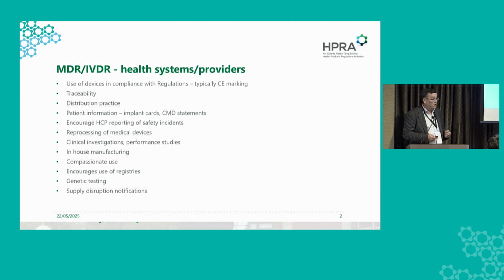There are also provisions around reprocessing of single-use medical devices, provisions around clinical investigations and performance studies of new medical devices, so effectively clinical trials or clinical research, provisions around in-house manufacturing, provisions around compassionate use of medical devices, so when a single patient needs a medical device on compassionate grounds. It also encourages things that are very useful, I suppose, to monitor the long-term safety of medical devices, so implementing registries and things like that. But again, that's one of the things that it's not a requirement, it's something that's encouraged at member state and at healthcare professional level. There are also provisions in the IVDR around genetic testing, particularly in the area of counselling